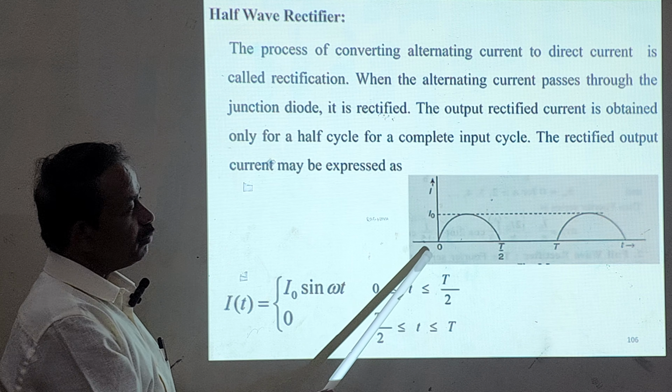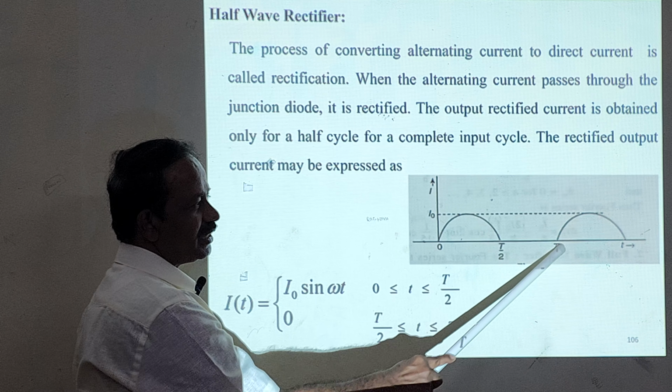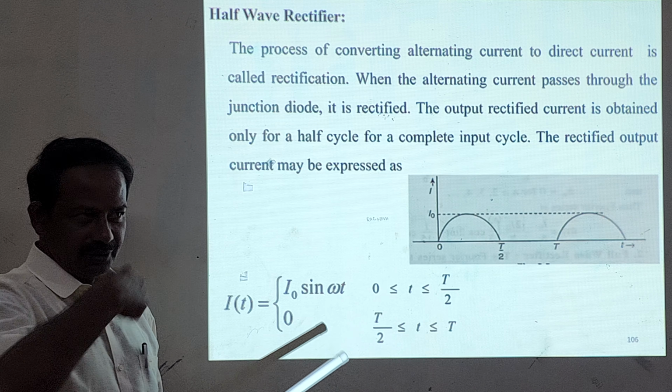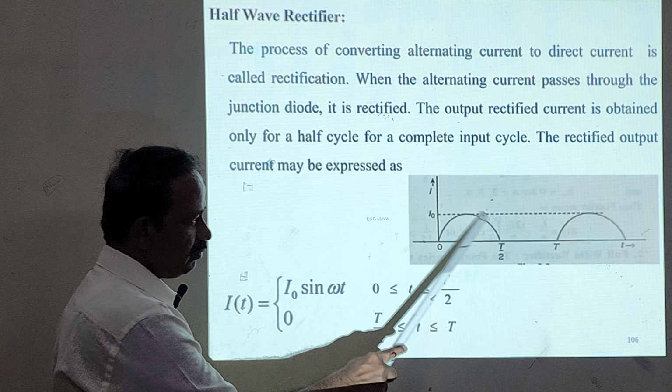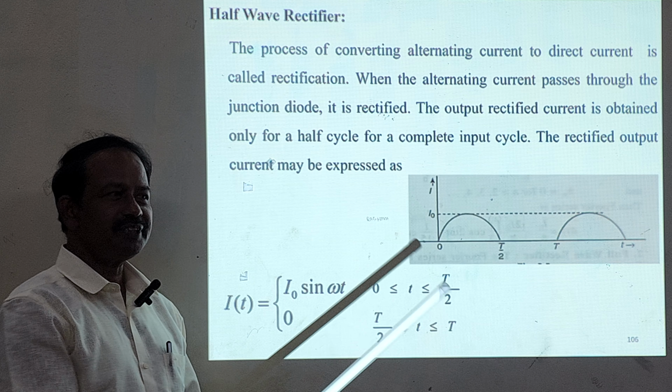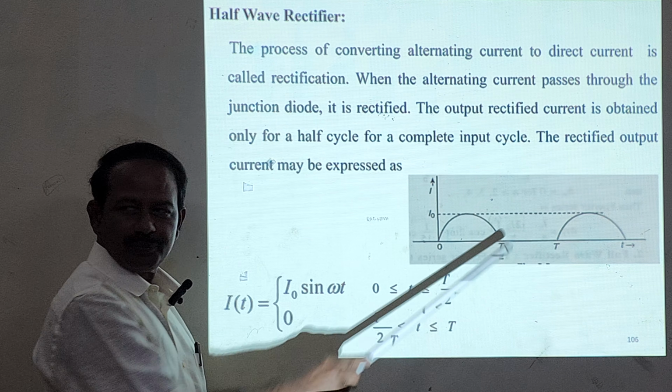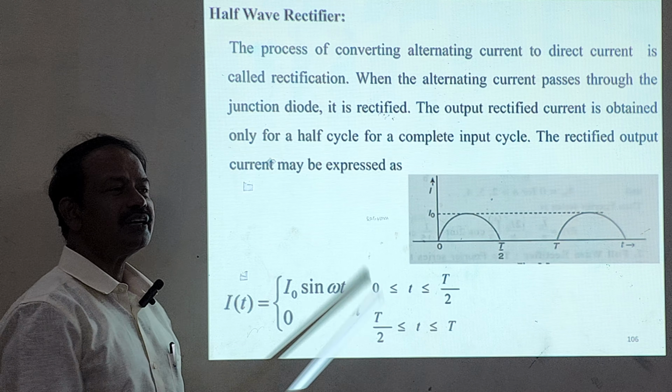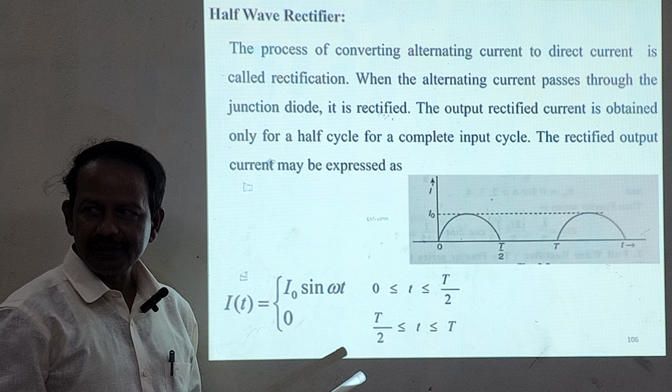Okay, the complete cycle will be, this is your complete cycle, 0 to T. See, this is a full wave, but only the half wave exists. In the other half wave it is 0. See here, in the other half wave it is 0. So this is called a half-wave rectifier, which you have done already in the